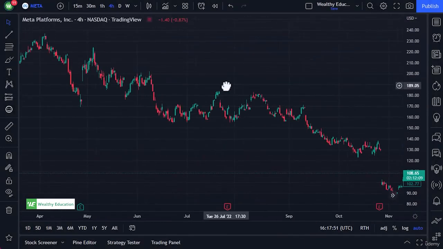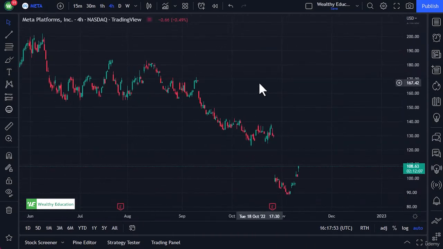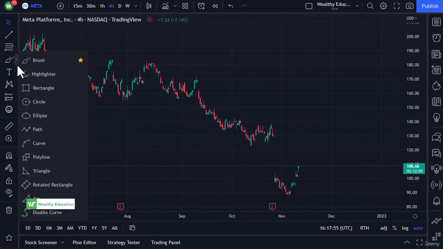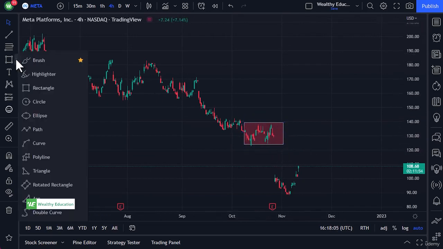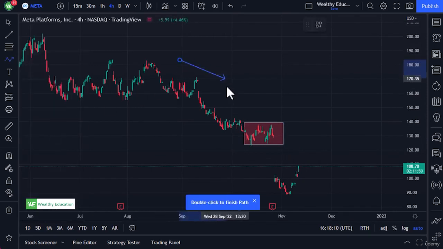Meta or Facebook. Here is a pattern of a rectangle. You can see it banged up against the level 3 or 4 times here. And in this case, the market had been falling, right? So